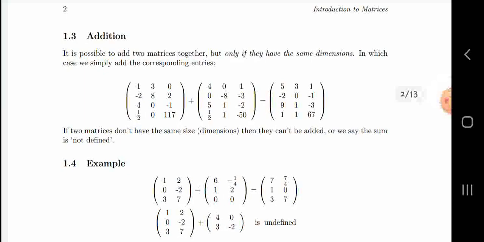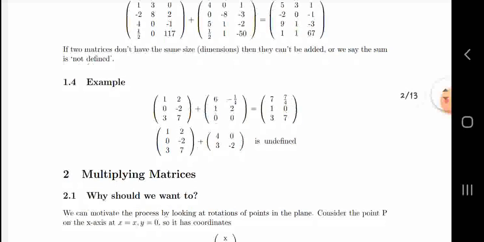So here they have given in the first row 1 3 0, in the second row 3 2 minus 2, 8 2, and third 4 0 minus 1, 1 by 2 0 1 1 7, and you have to add 4 0 1 0 minus 8 minus 3 5 1. Add both, you will get how much? 4 plus 1 is 5, here you will get 3 plus 0 is 3, and 1 plus 0 is 1. Like that only you have to add the matrices and see what you will get. So 1 by 2 plus 1 by 2, if you add you will get 1 only, no. Like that you have to add the matrices.